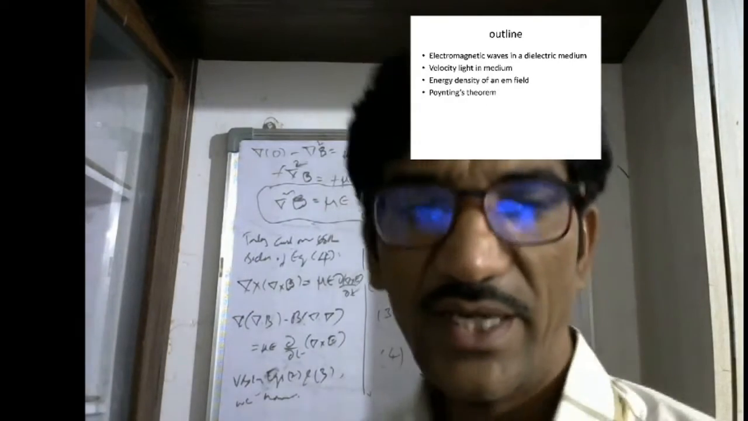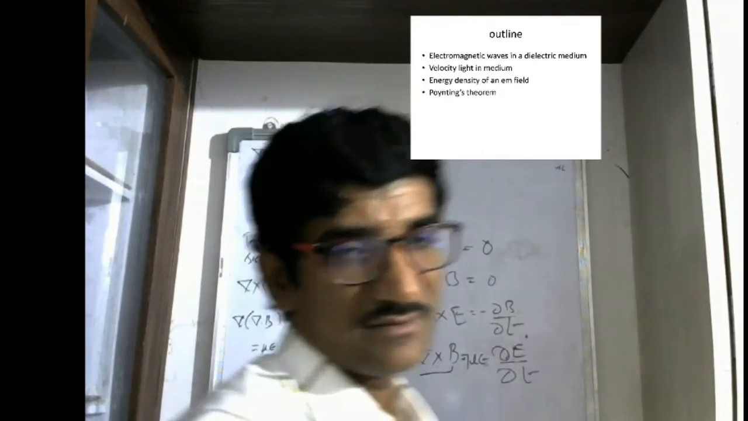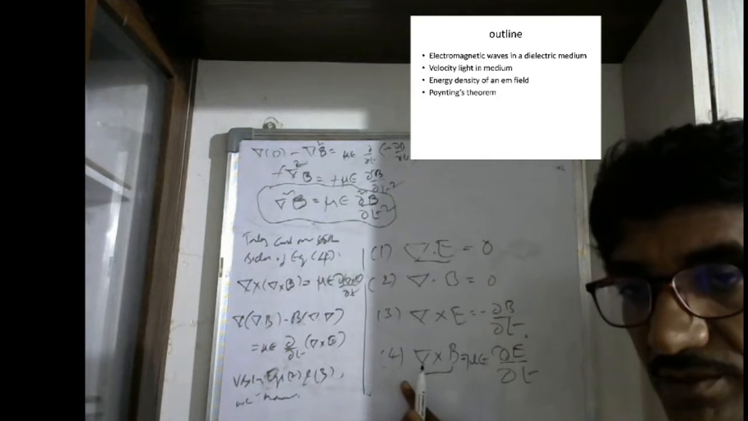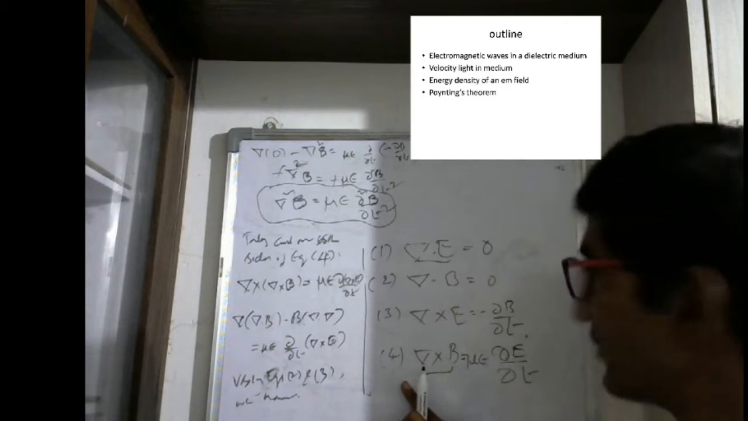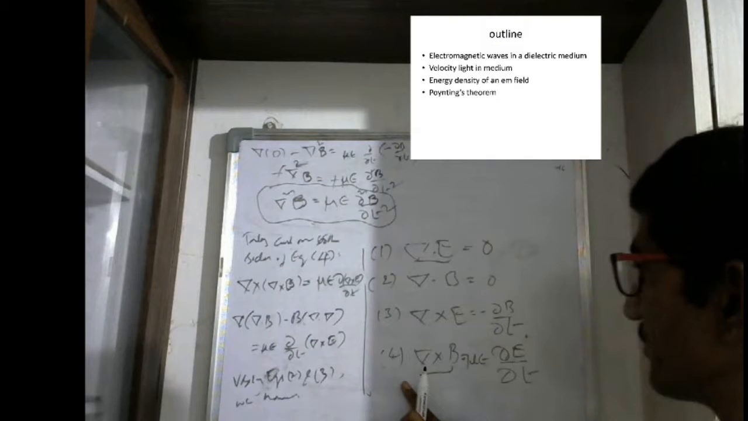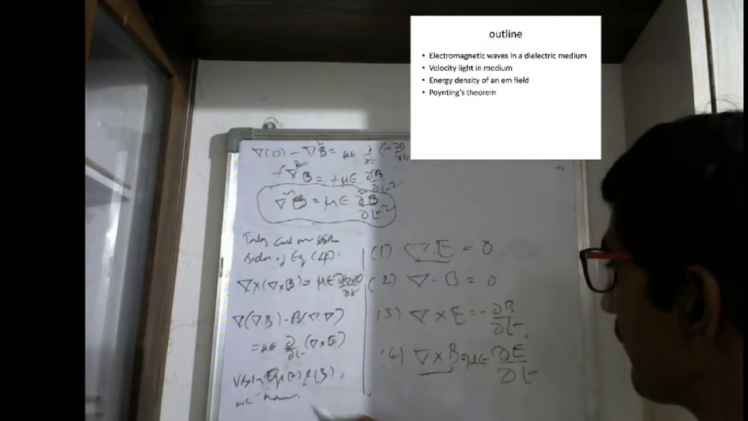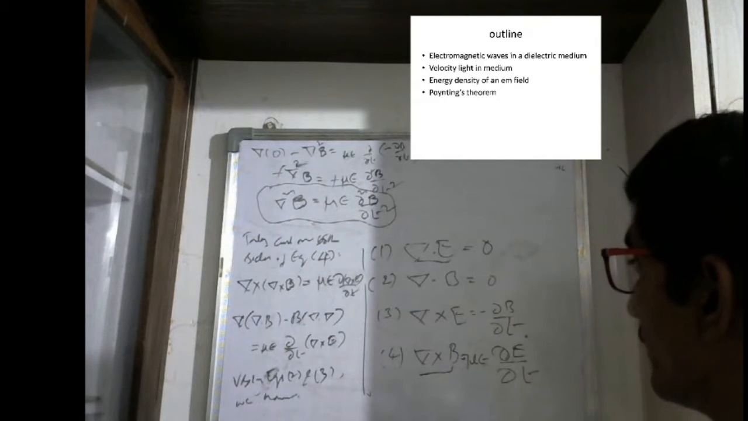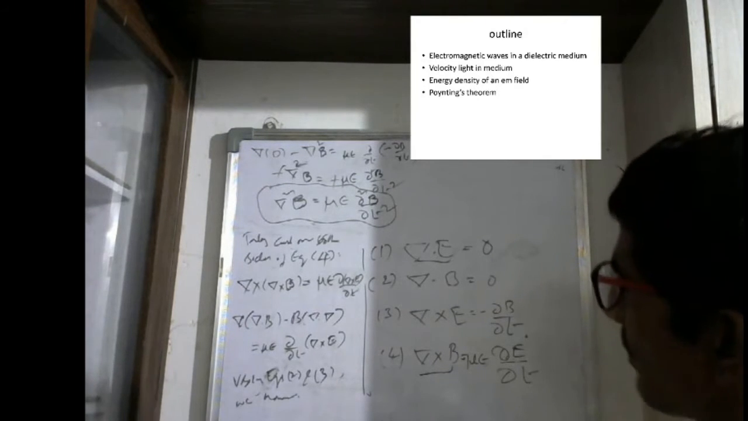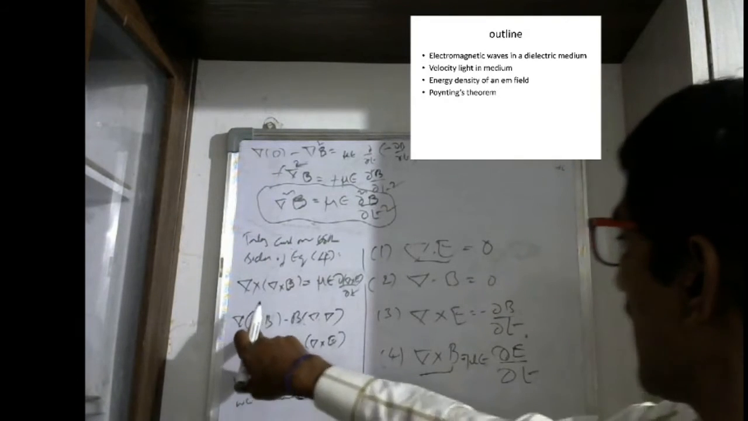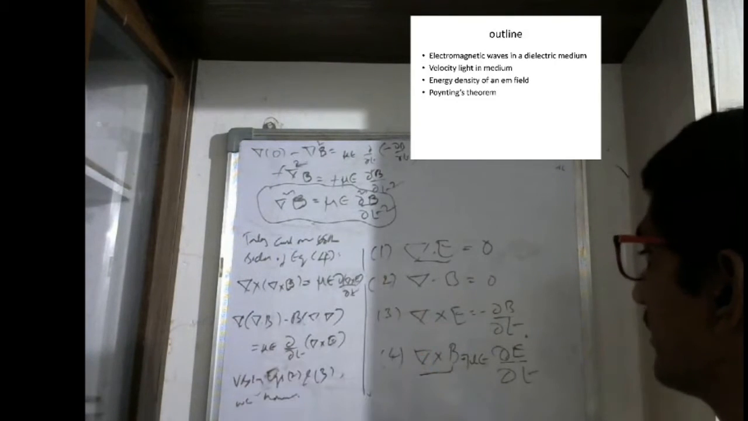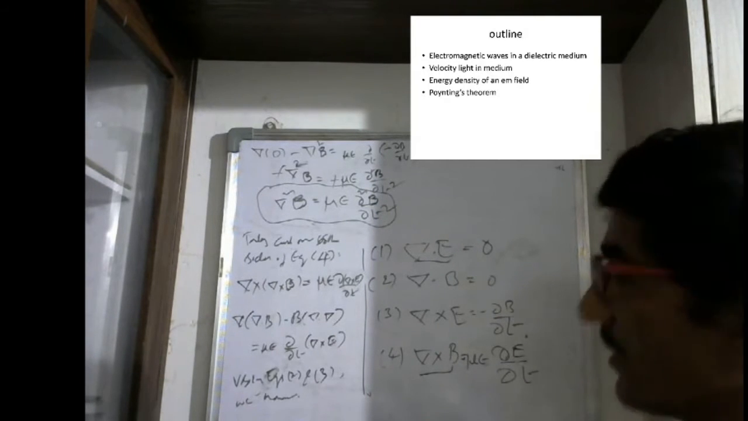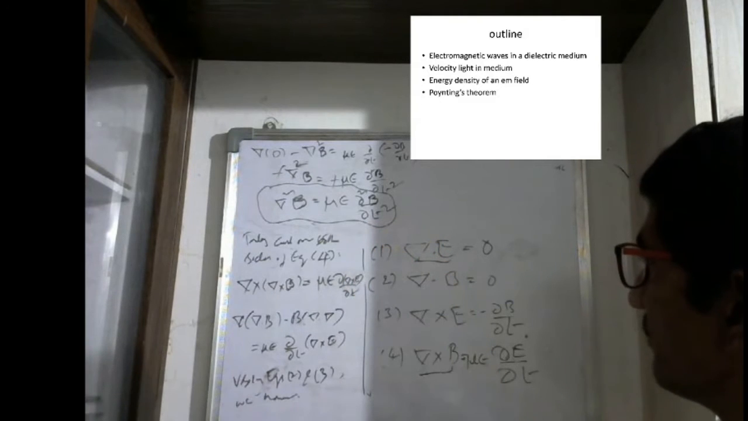Okay. We followed a similar procedure, but we started with the fourth equation. We took curl on both sides of this fourth equation and we substituted the values of del dot B and del cross E from the second and third equations. Then we get the wave equation. Then we got the wave equation for B as